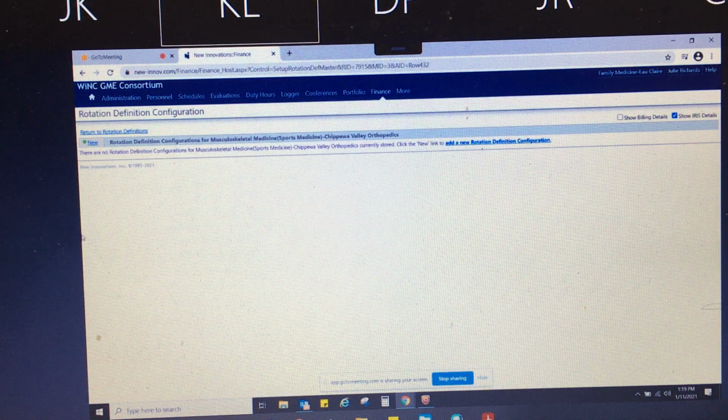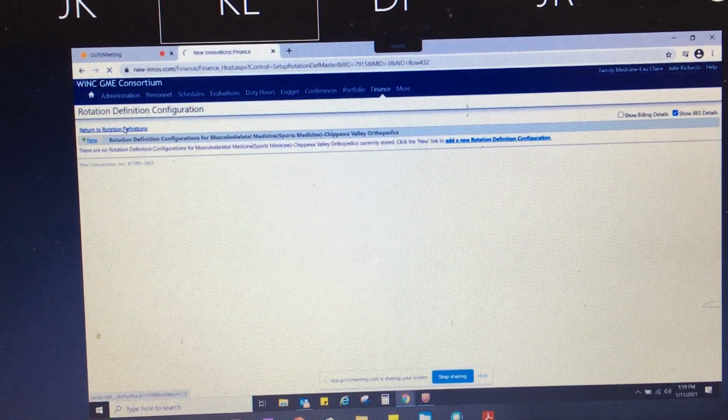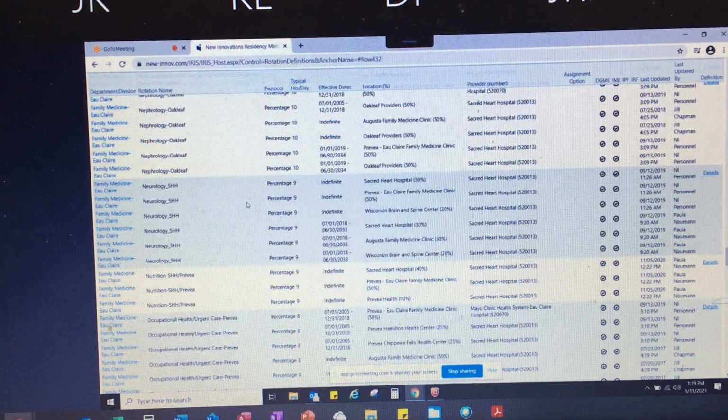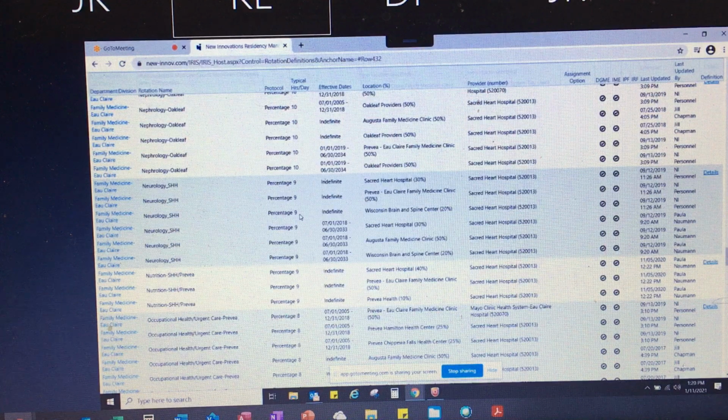And then return to rotation definitions, which is over there on the left underneath rotation definition configuration. So that was that one, and like I said, the other one was that semi-annual review. That shouldn't be a rotation. So I would,